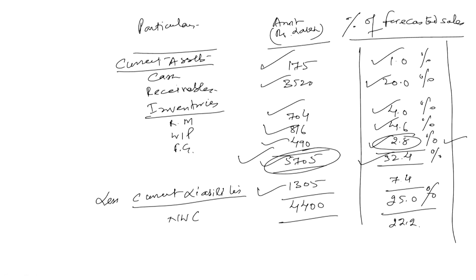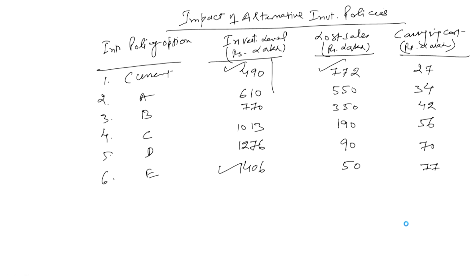25.25%. Now, your changed net working capital will be how much? 22.2%. And this 22.2% is of what? It is of the sales. So, here also we are going to find out, when you are moving from the current policy to policy A, how much investment in the inventory we are going to make. That is from 490 to 610. It means incremental investment in the inventory will be 120 lakhs,